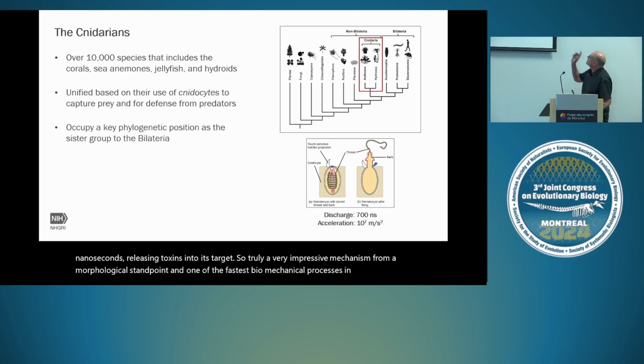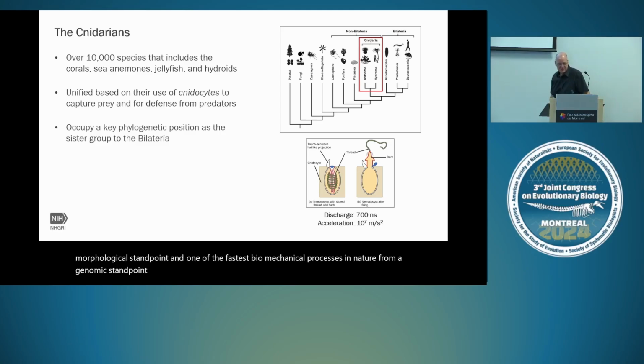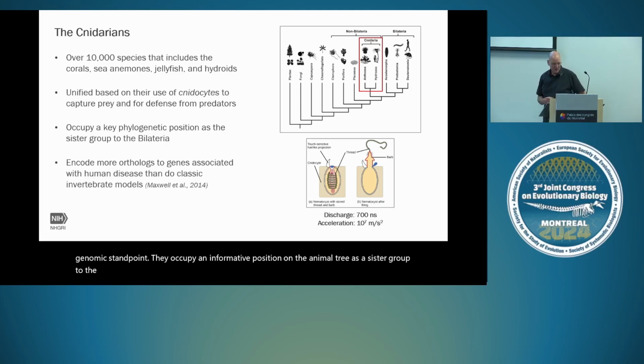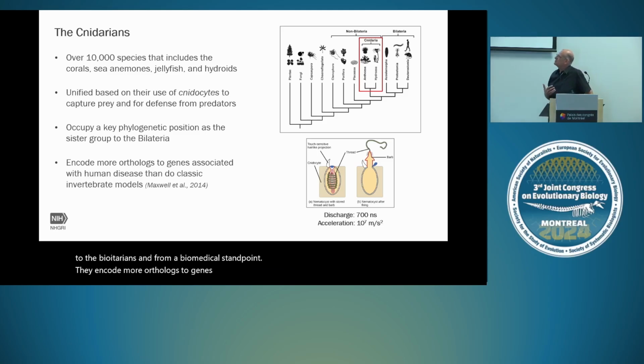From a genomic standpoint, they occupy an informative position on the animal tree as a sister group to the bilaterians, and from a biomedical standpoint, they encode more orthologs to genes associated with human disease than do classic invertebrate models, such as Drosophila and C. elegans. So this supports the proposition that these organisms can indeed serve as viable models for studying various classes